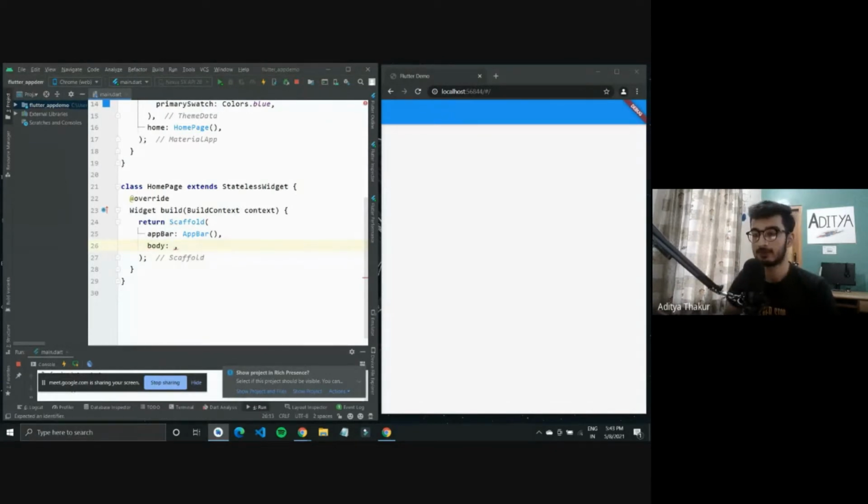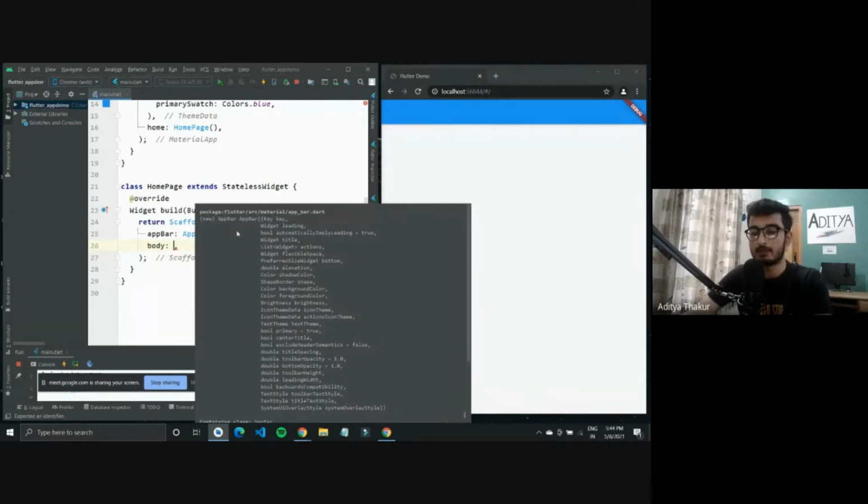This would also come with experience, as in after you develop a few applications, you would know what properties you can change. Or you can look it up, as in if you wanted to know how to give a certain widget a border, you can look up on Google how to give it a border. So it will tell you all the properties that you can modify, or you can just go through the documentation, like hover over the widget and see all the properties available that you can modify.